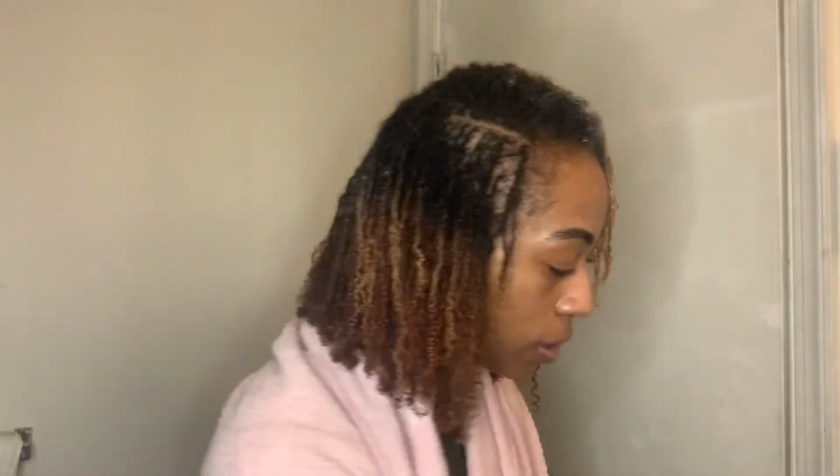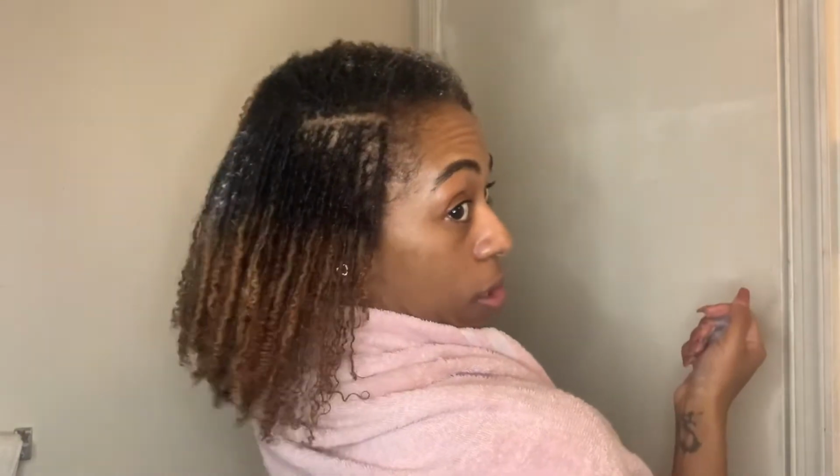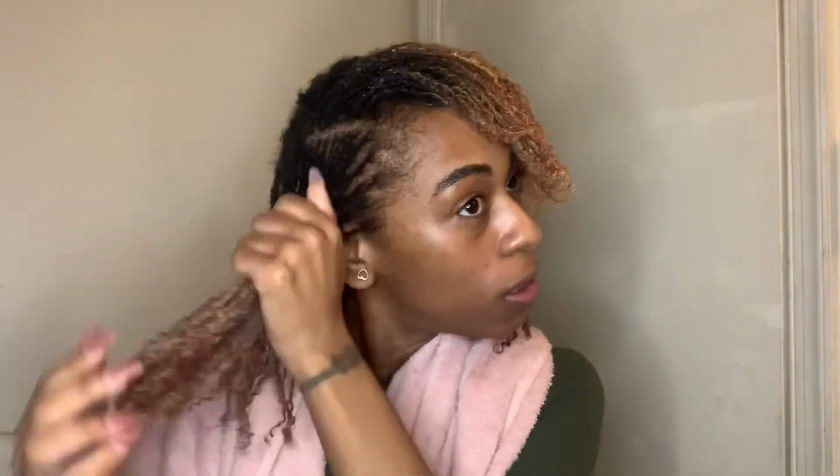So I'm back and I've just finished shampooing my hair, as you guys can see. Now it didn't get as bright as I would like it to have gotten, but it's okay. I am going to leave it like this for the next month or so, and then in a month I'm going to go ahead and dye it again. This time I might have to just bleach it because I want it to be a lot lighter. But right now I am doing a deep conditioning treatment on my hair,